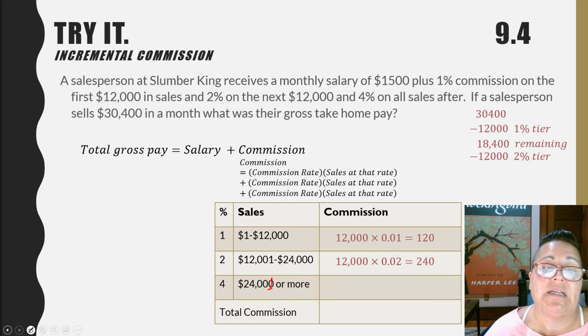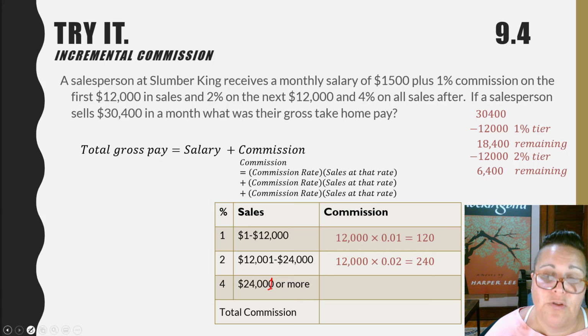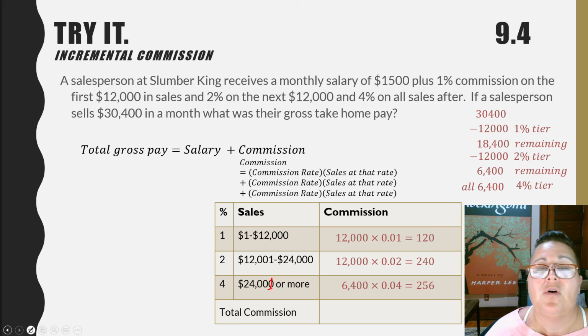12,000 times 2% is $240. This leaves us $6,400 remaining for the third tier. All $6,400 will happen at the 4% tier, or $256. Our total commission is the sum of each one of these tiers, or